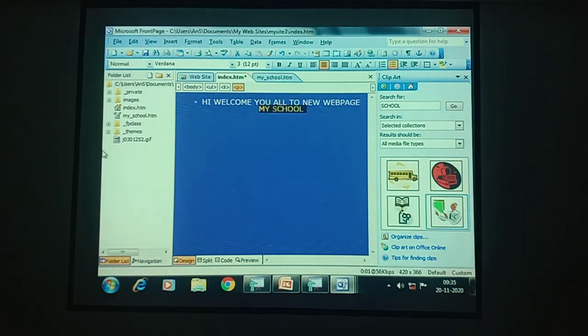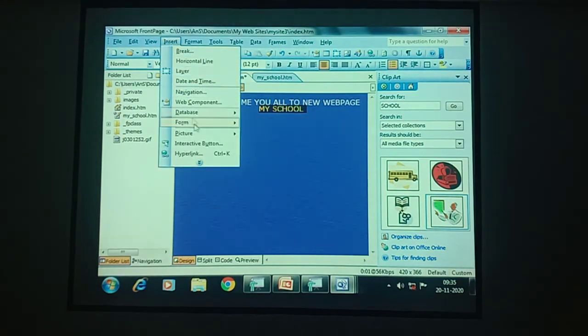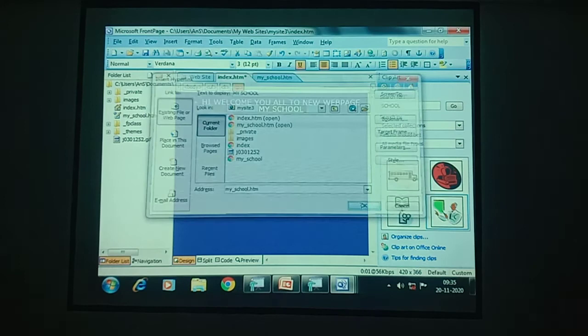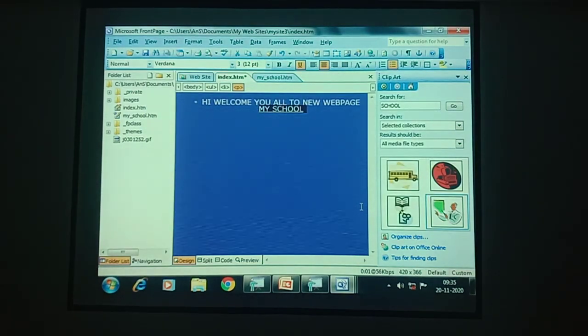After selecting, go to the Insert option. There you will get a hyperlink. It will ask which file needs to be the hyperlink, so I am giving myschool.html. After selecting this, you just click OK. After clicking the OK button, again save the page, children.